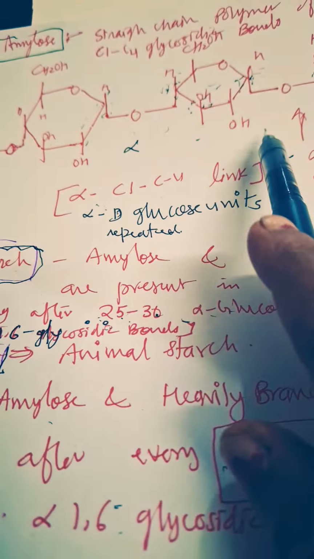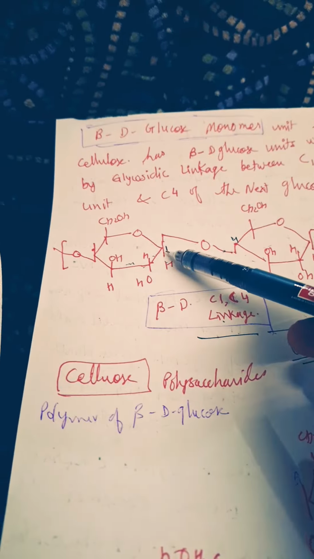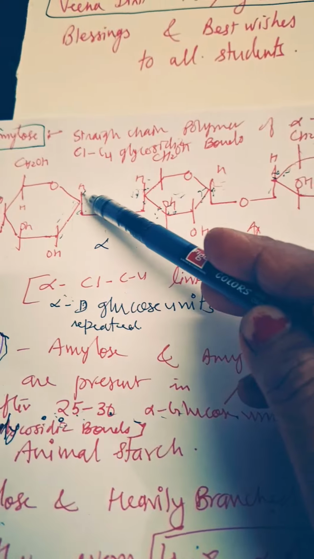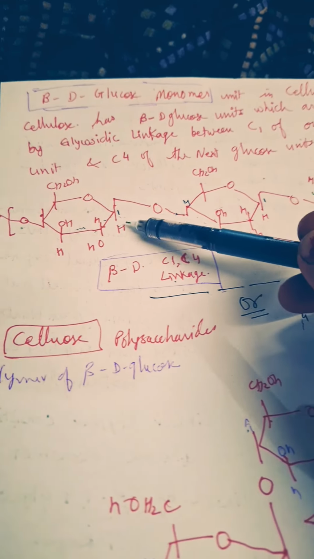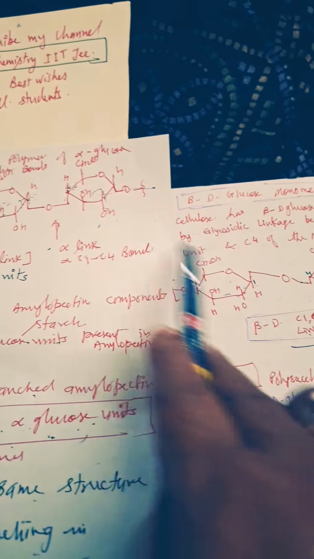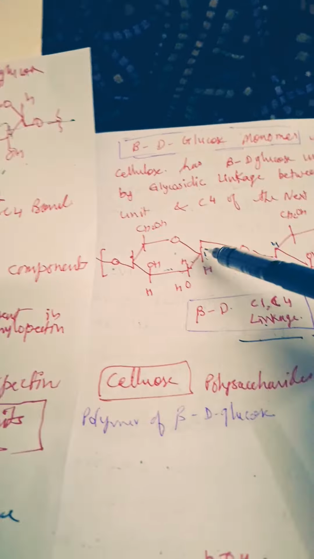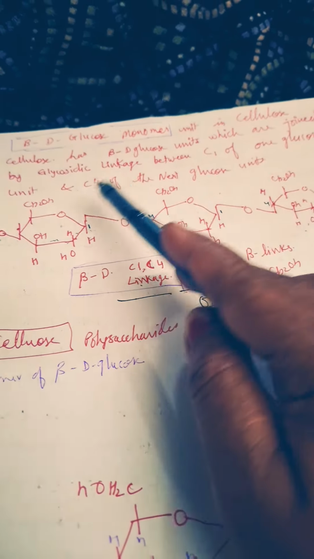So this is the alpha C1-C4 linkage, with alpha D glucose units, and in the other case beta D glucose units. See here, in this case hydrogen is up, in this case hydrogen is down. When hydrogen is down, it is the anomer of glucose. Both of them are anomers of each other at the C1 carbon. Here also a C1-C4 linkage is there in the case of beta D